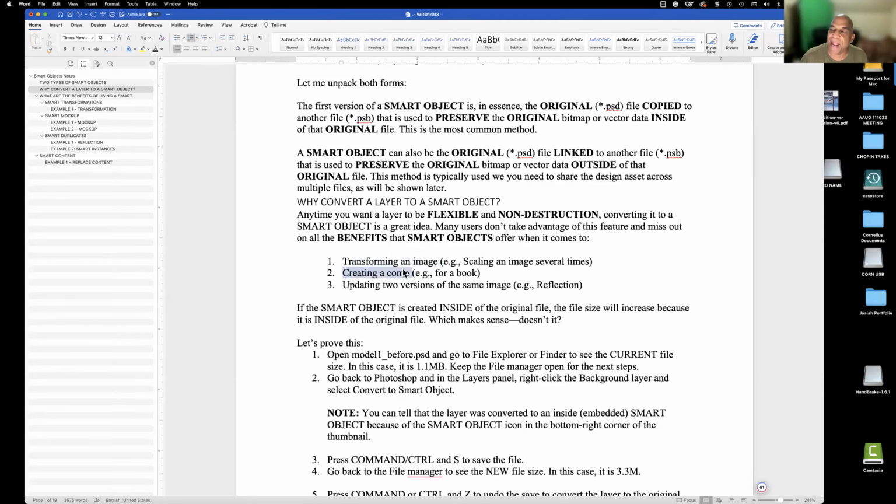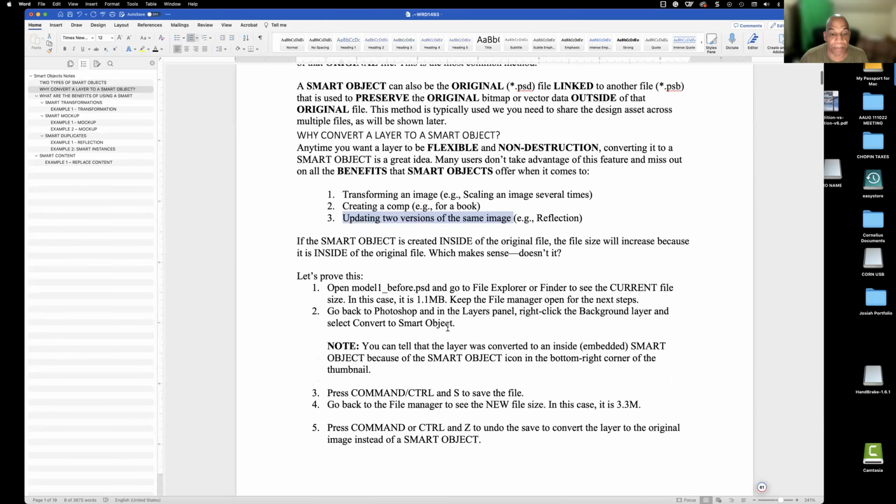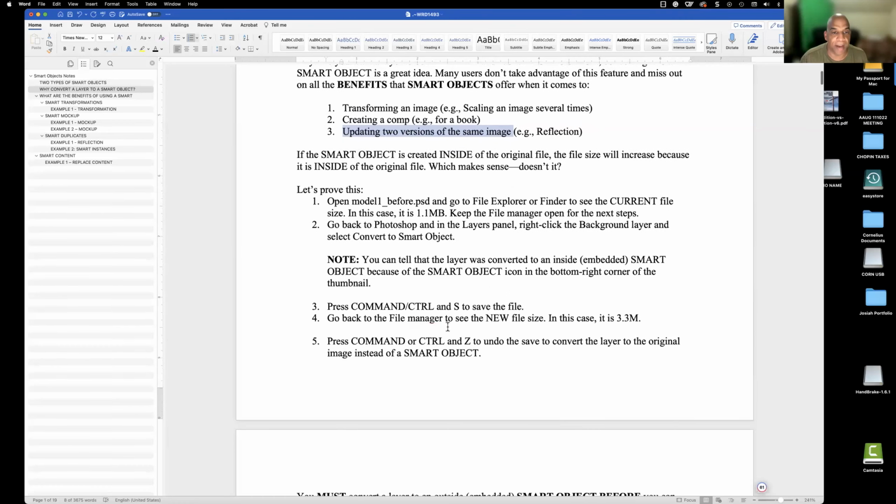It also helps you create comps. We saw some examples of that, and we'll review that real quickly. And it also helps you to update two versions of the same image. And that's what we're going to see tonight: how to do a reflection, what I refer to as smart techniques, I should say, when it comes to using smart objects. So having said that,